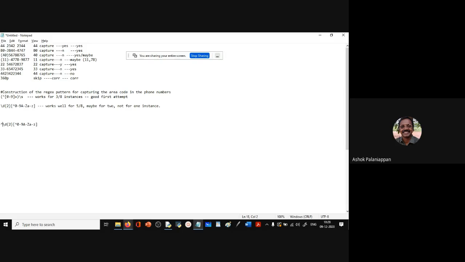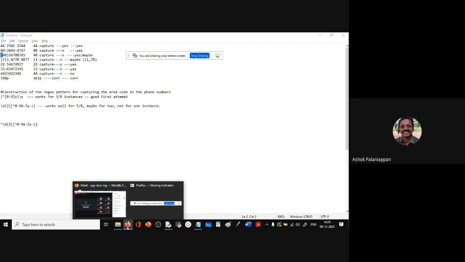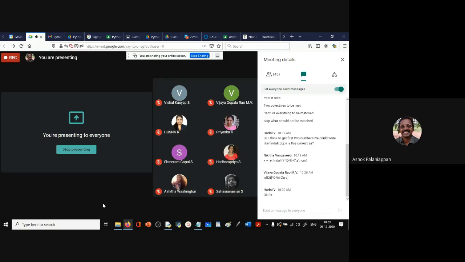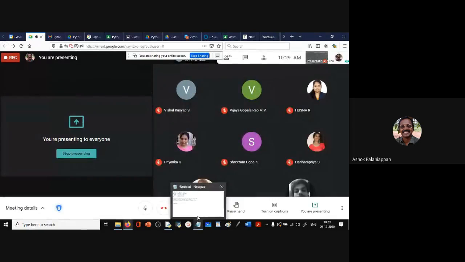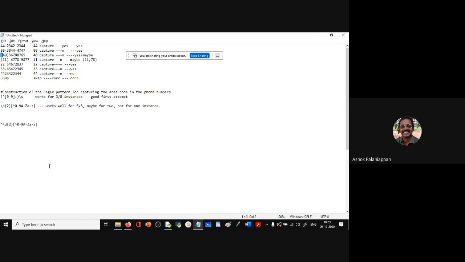Now, the parenthesis is there in some numbers, it is not there in some numbers. Now, how do I match an exact parenthesis? How can I match a parenthesis? How do I actually match a parenthesis?